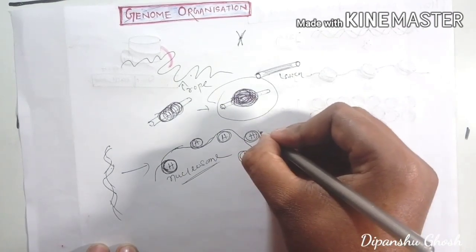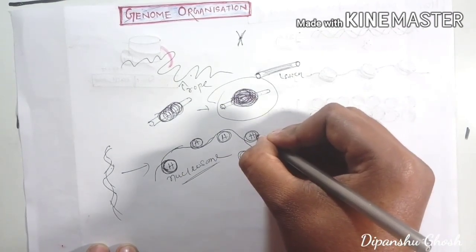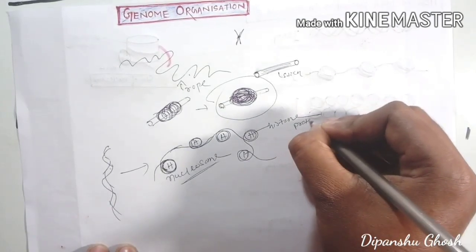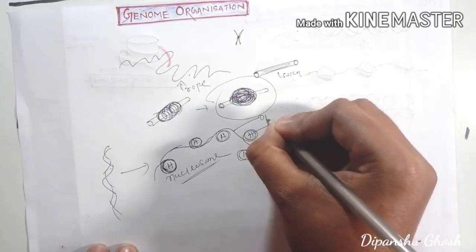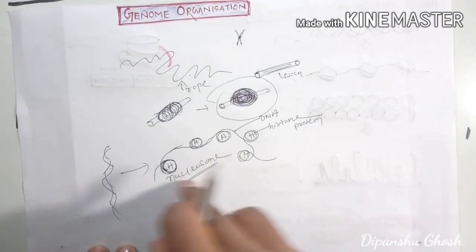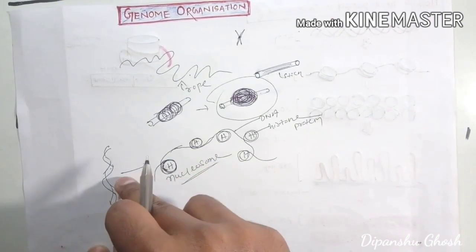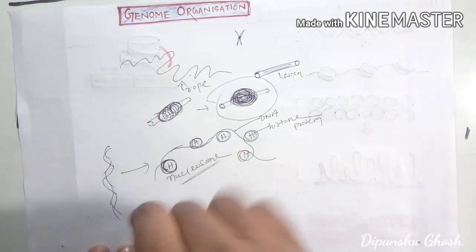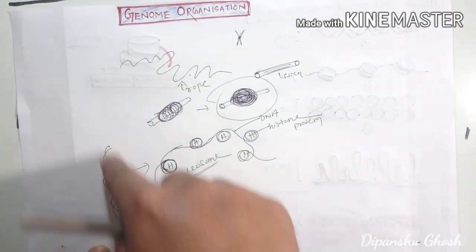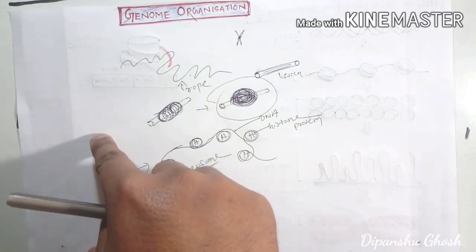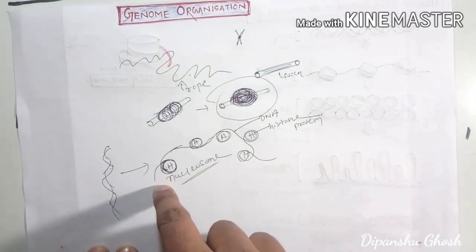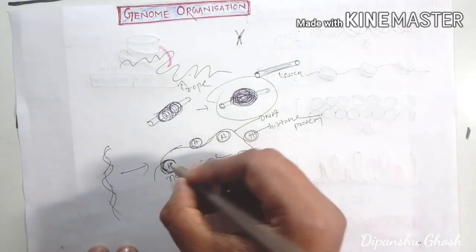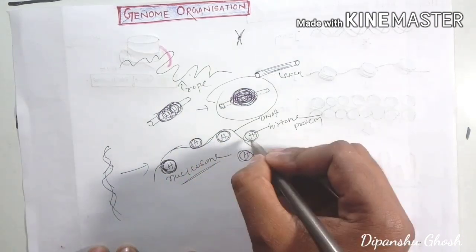This is your histone protein, and this is your DNA. We have somehow shortened the length, because suppose at first the DNA is very long. Suppose at first we have taken the long strand of DNA. After using the histone proteins, there will be some knot-like structures, some bundle-like structures.